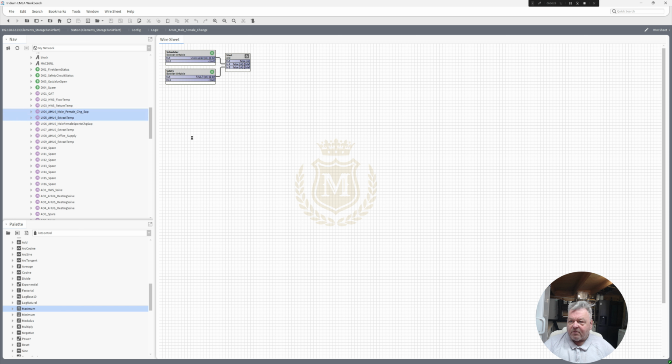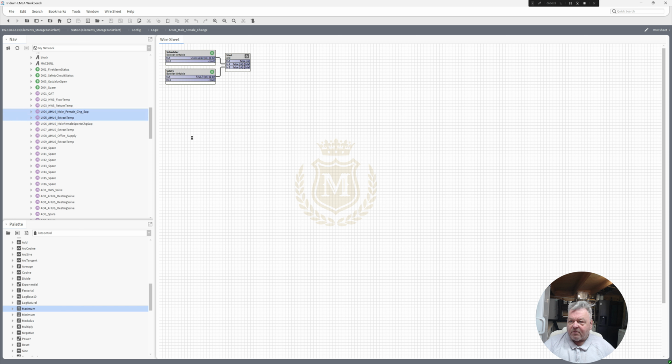So these are my inputs, that is an input, and extract fan fault is an input, and these two here are inputs, and then the heating valve, supply and extract. So I've put them in order here, so now I can right click that, composite,